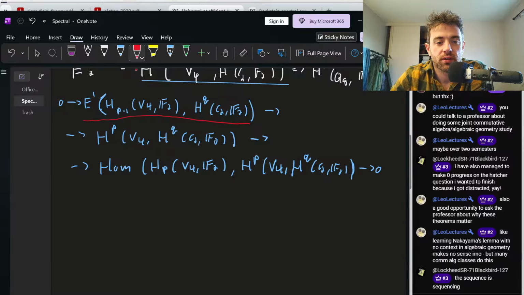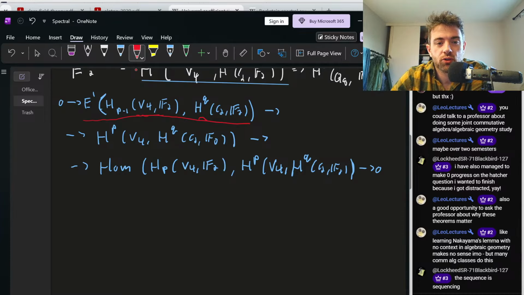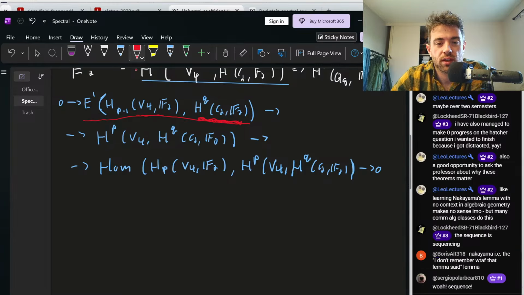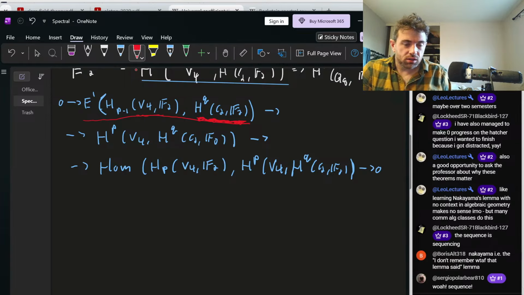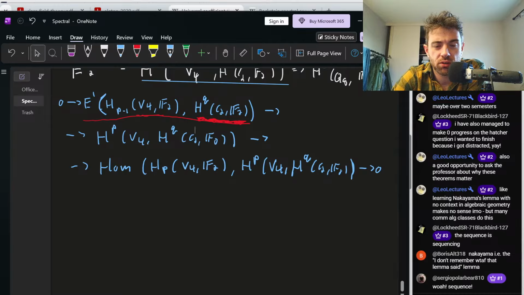I think it will be, because the F2 cohomology of C2 is always F2. As a vector space, everything's injective and projective, right? So that should be trivial. And then this thing in the middle,